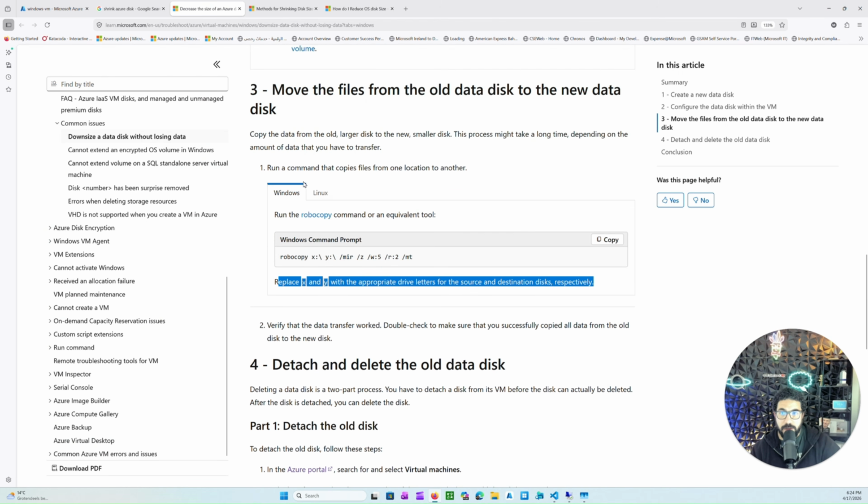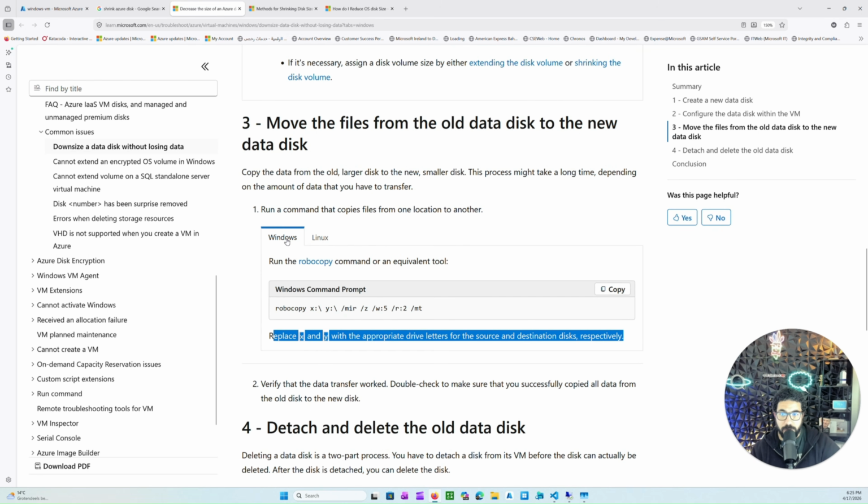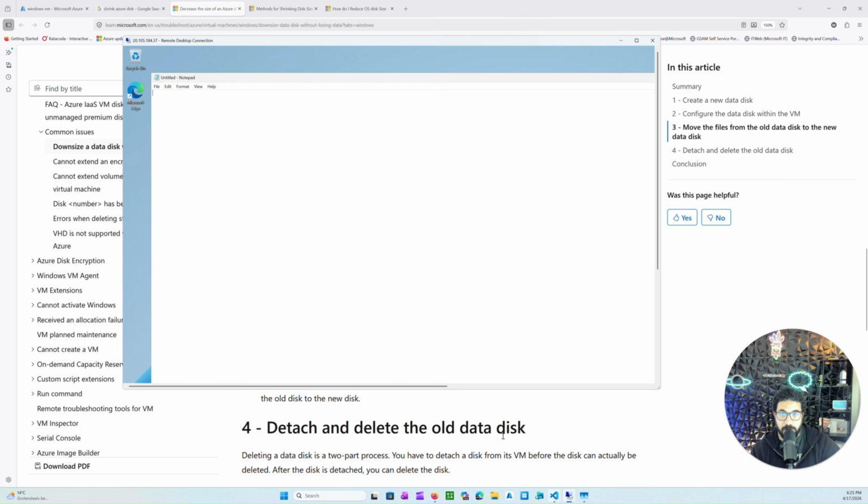You will see here that there is a Robocopy for both. If you are on a Linux operating system, then you can select the Linux command and copy both directories. And if you are on Windows, what you need to do is replace X, which is going to be the source, and Y, which is the destination, with the appropriate drive letters for the source and destination disk respectively. So we're gonna copy the command from here and then go back,